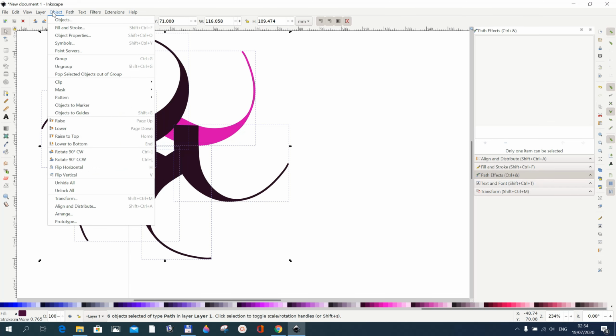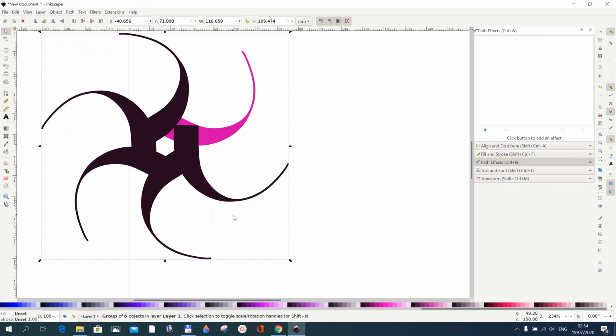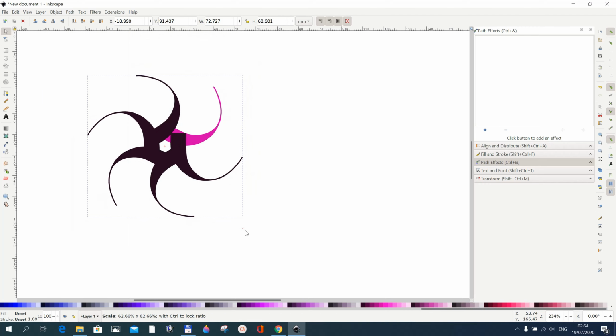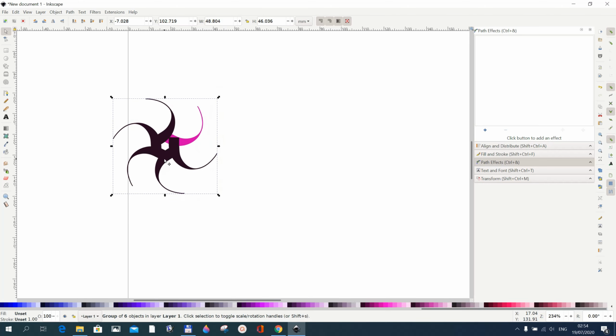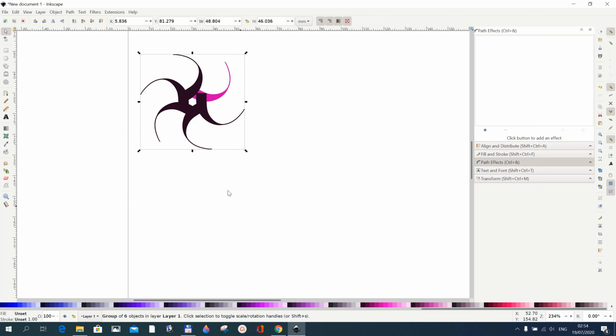Go to object, group, and then you can make it smaller, a bit like this, something like this is okay. So this is the logo that I wanted to show you. The most important thing is to learn how to use the